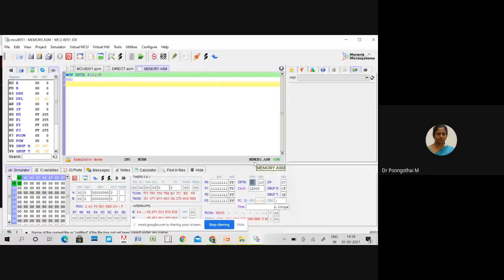Your processor considers this 16-bit value as data, so that data is transferred to DPTR. After execution, your DPTR holds the value 0010. The lower order 10 is loaded into DPL and the higher order is loaded into DPH.